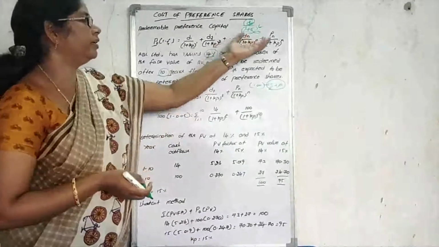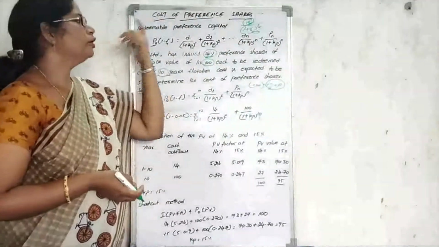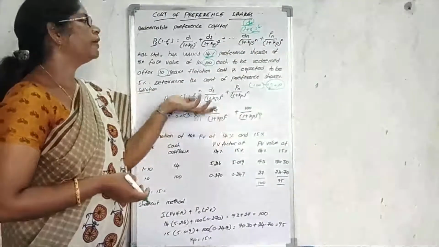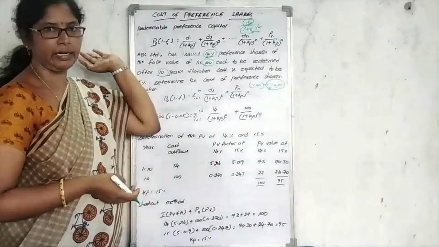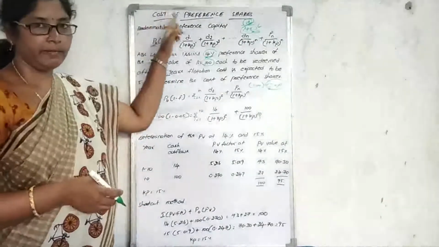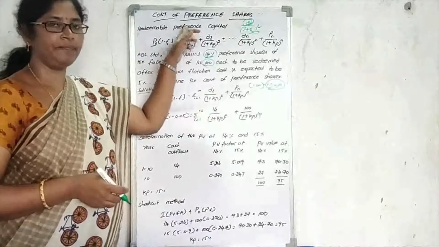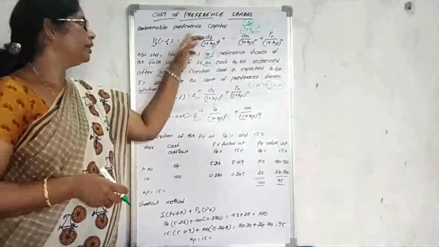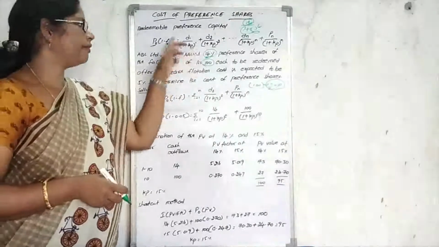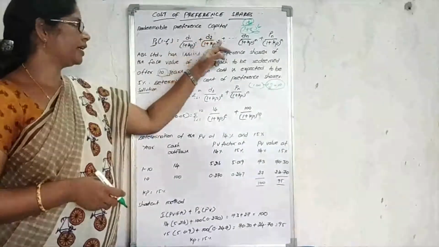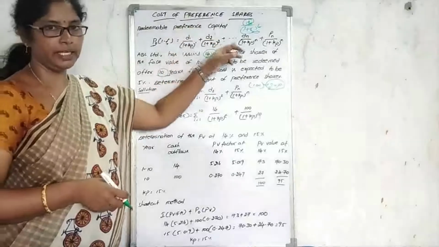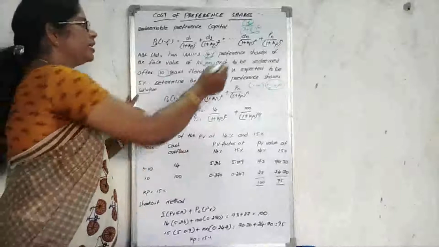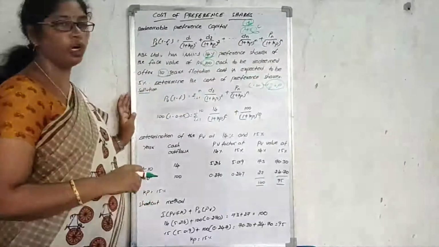After the 10th year, they will receive the principal value. So for the principal value also, we need to consider the time value concept. For that reason, we have designed the formula like that. How can we design that? D1 is the dividend divided by the time value concept. What is the formula? D1 divided by 1 plus KP whole power 1 for the first year. In case of the second year, whole power 2. In case of the third year, whole power 3. Like that, up to n number of years: Dn divided by 1 plus KP whole power n.